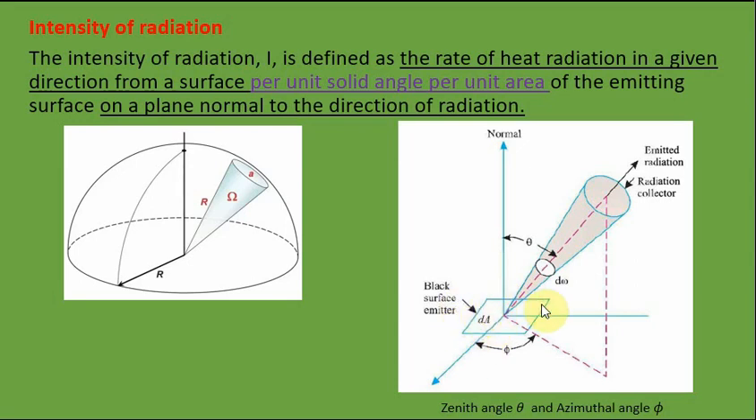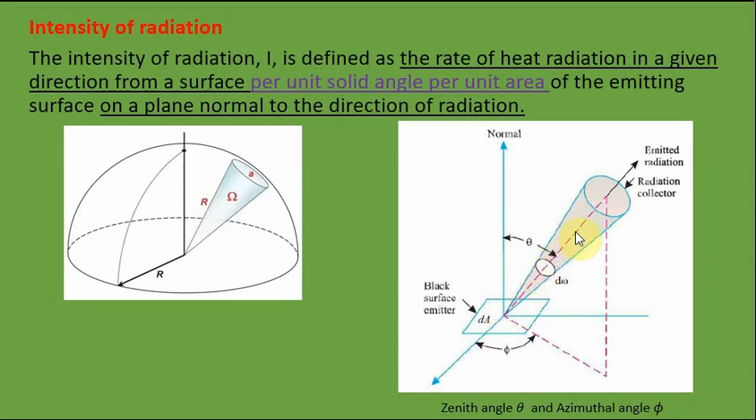See this small rectangular plate having area dA from which some radiation is emitting. So the intensity of this radiation I can be defined as the radiation in a given direction. So this dotted line represents the given direction. That given direction is defined by theta and phi, where theta is the zenith angle and phi is the azimuthal angle. So in a given direction